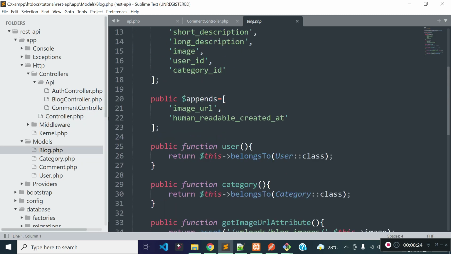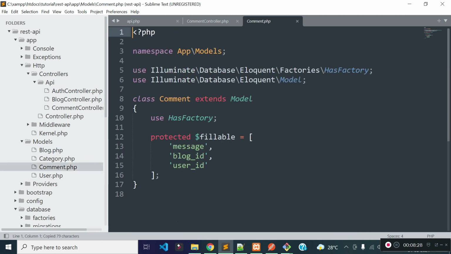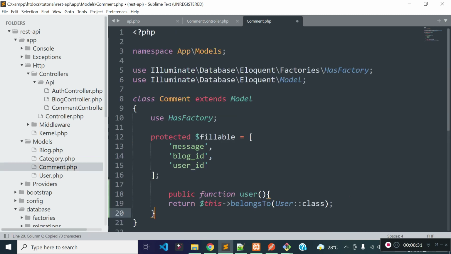So we need to load user data, right? So we can generate a method inside our comment model, and this will be the user relationship. Each comment belongs to a user, right? That's why we can add a belongsTo relationship to our comments model.